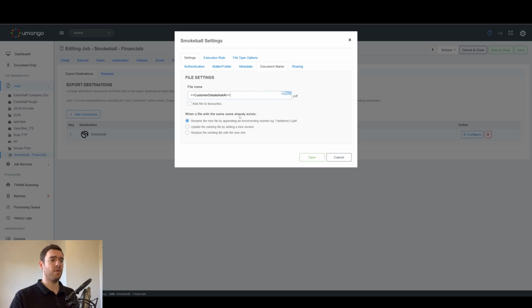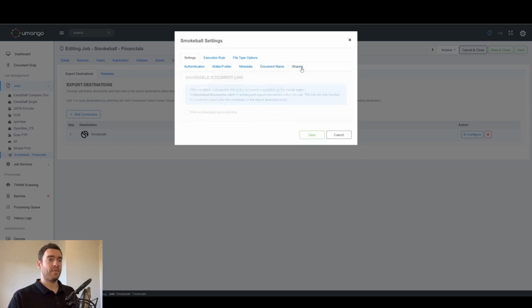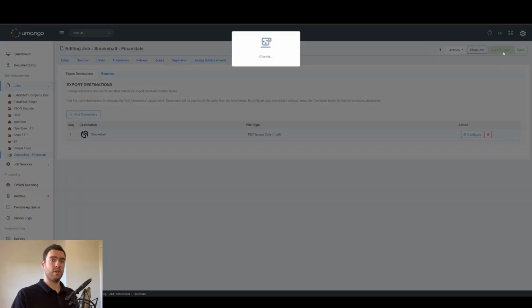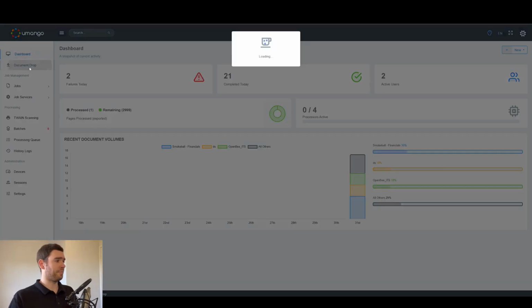We're going to rename the new file by appending an incrementing number if this already exists in Smokeball. As for sharing, we can enable a shareable document link, which could be used in a connector preceding this one, such as the email connector. Upon successful export, we can grab this Smokeball shareable link, pop that into a merge field in our email connector and fire that off to someone to let them know that this document is now in Smokeball and they can preview it here. We're not going to be doing this, so let's save our job configuration,